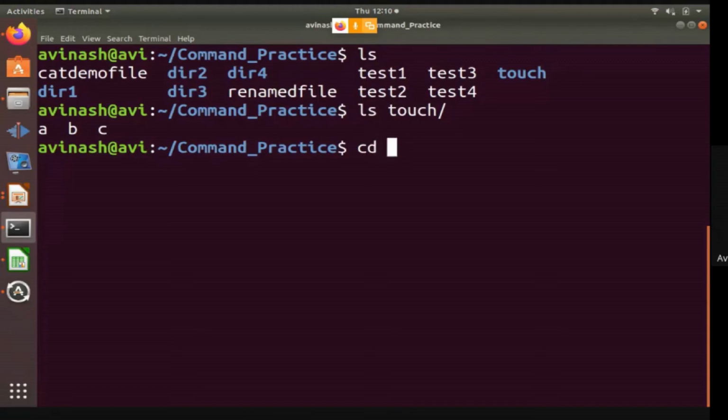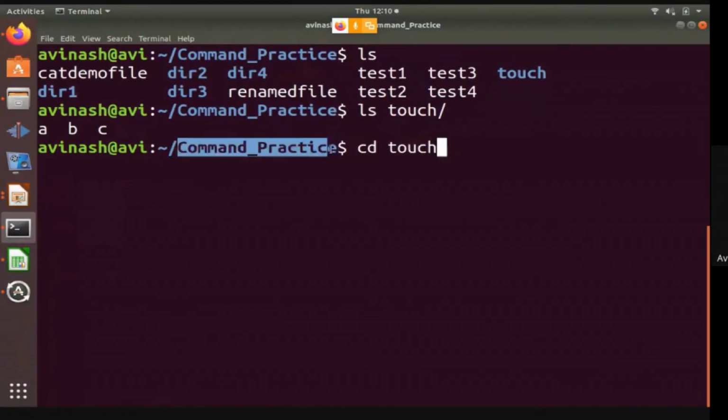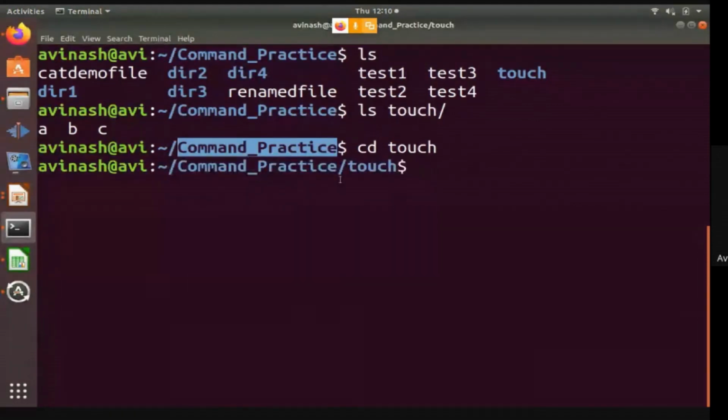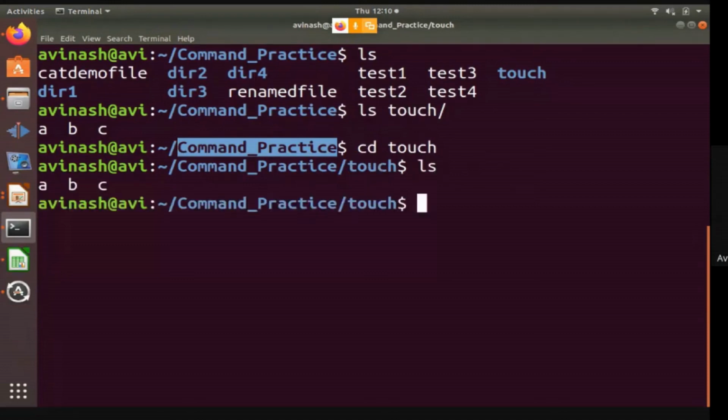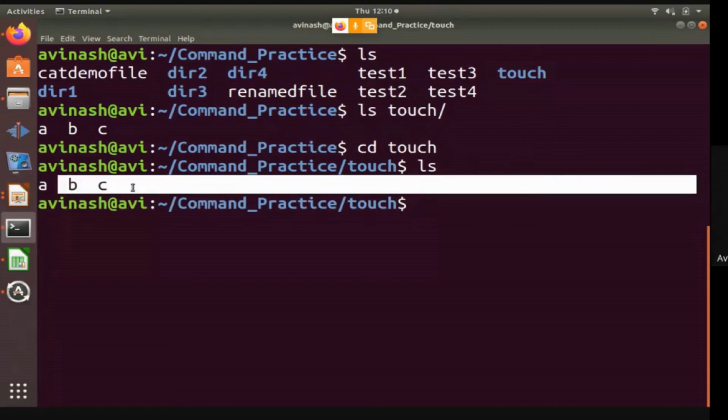For that the command is cd and the name of the directory. So cd touch. Now you can see the previous path is up to the command practice folder. If you type cd touch, your current working directory is touch. Now you can use the ls command directly here, and it will show the contents of the directory.